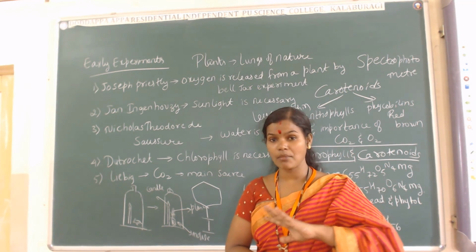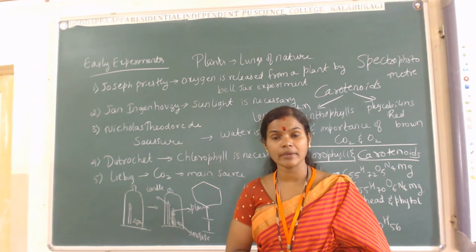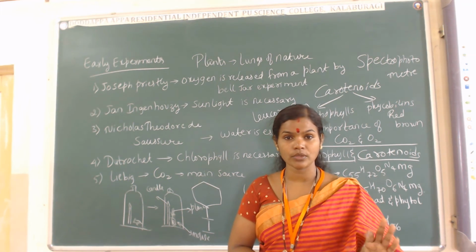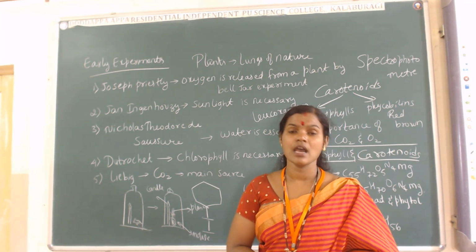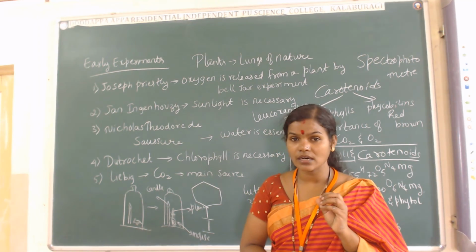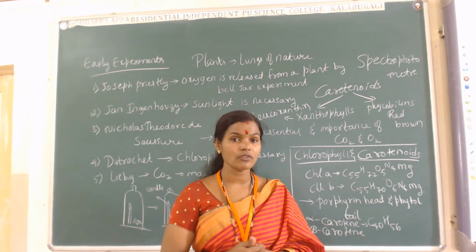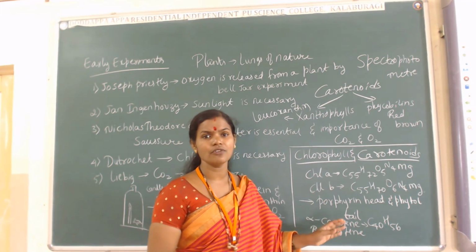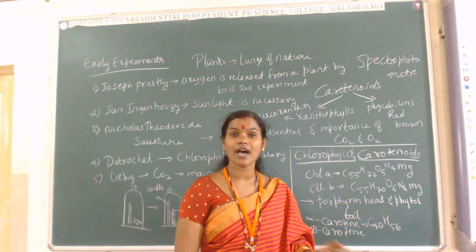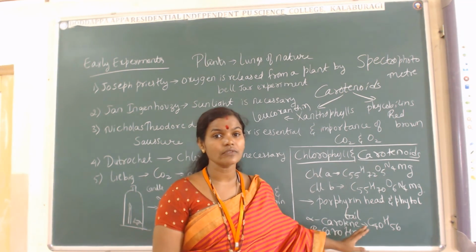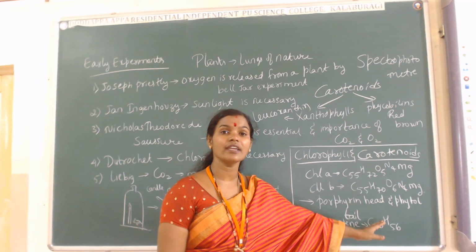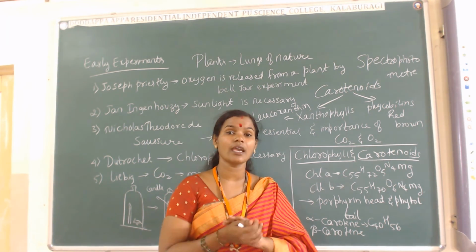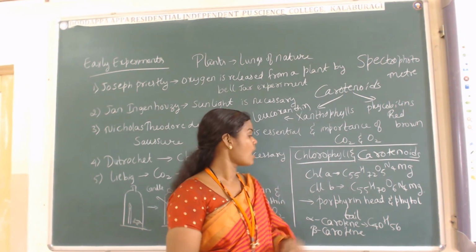So among these 5 types of chlorophyll pigments, chlorophyll A is the universal pigment which is very important for 1 mark in the NEET. And here the chemical structure of the chlorophyll pigment, just for the sake of the knowledge, it is not necessary for you people, is made up of porphyrin head and the phytol tail. Okay, and also students, we are going to see the empirical formula for chlorophyll A and chlorophyll B.